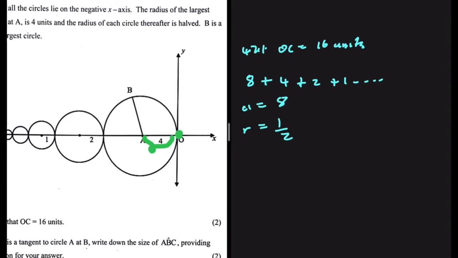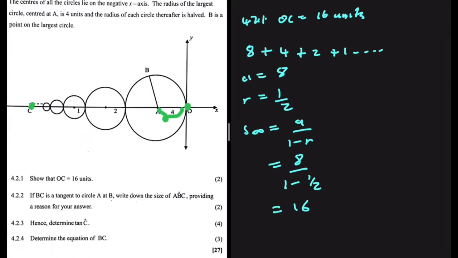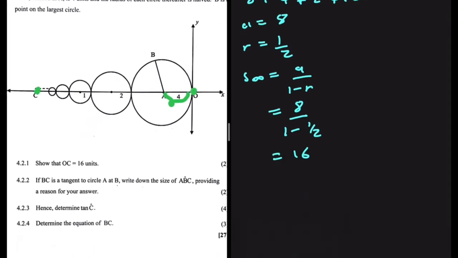So if we have infinity circles between O and C, then we can simply say that the sum to infinity is equal to a divided by 1 minus r. a being the diameter of the first circle, that is 8. And we divide that by 1 minus the ratio. The radii are getting halved, so we have 1 divided by 2. And this is equal to 16. So indeed, the value of OC is 16 units. Let's move ahead and do